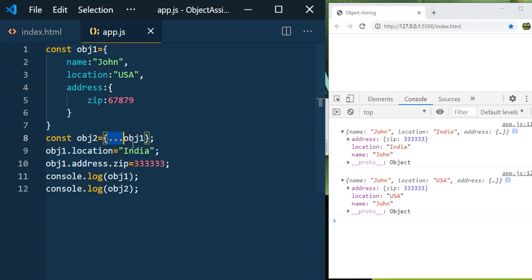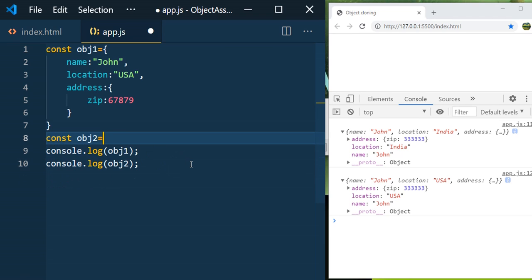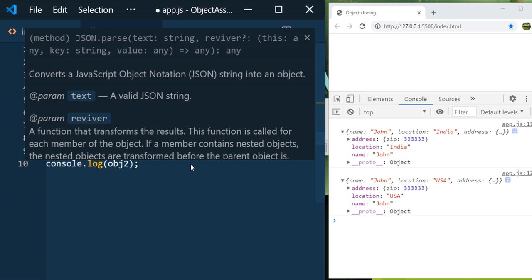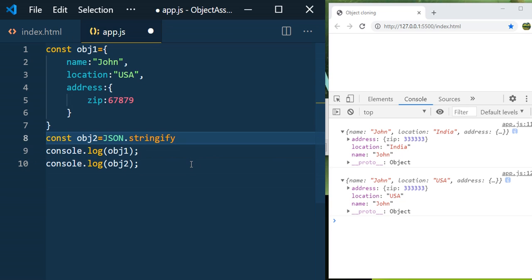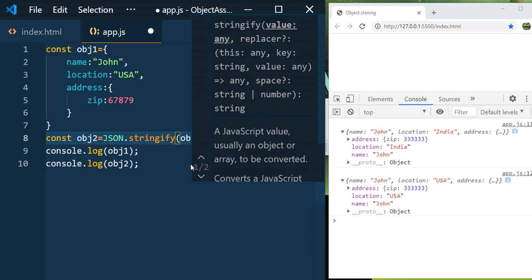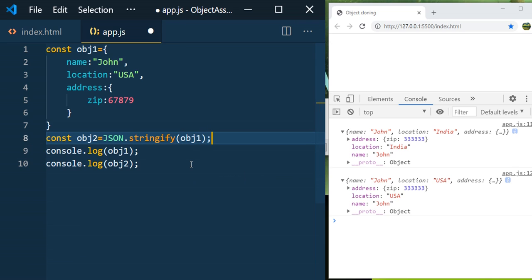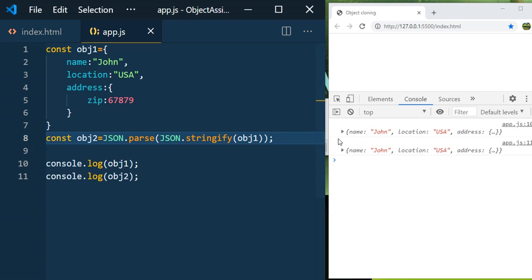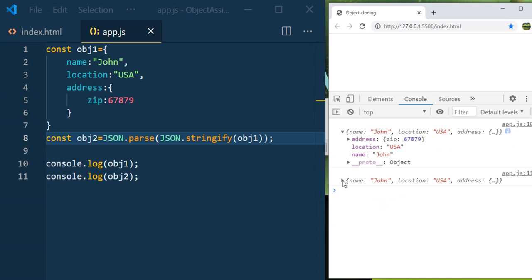So now we see another approach. This is the JSON approach. First we need to stringify the object, object1 here, with JSON.stringify, and then parse it back to an object. Now it has become a JSON string. Now we need to convert it to a JavaScript object, so you have to use JSON.parse. Now save it. Now you go and see both will be the same because we have not yet made any changes.